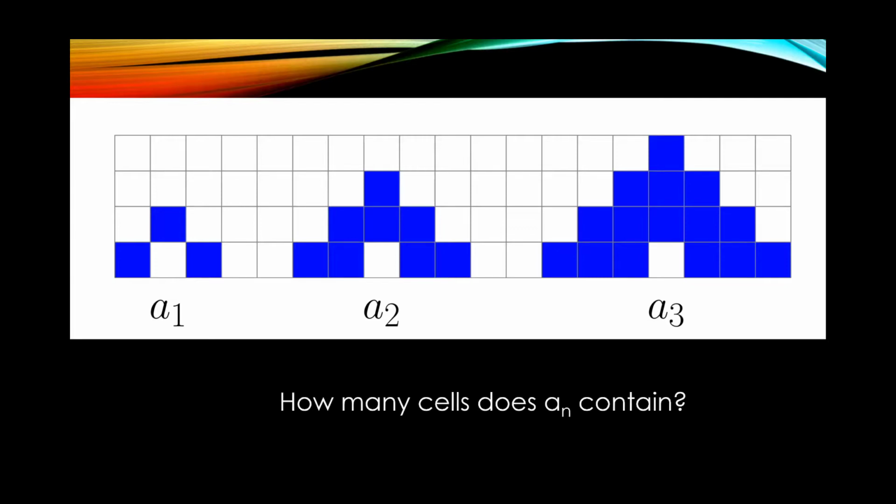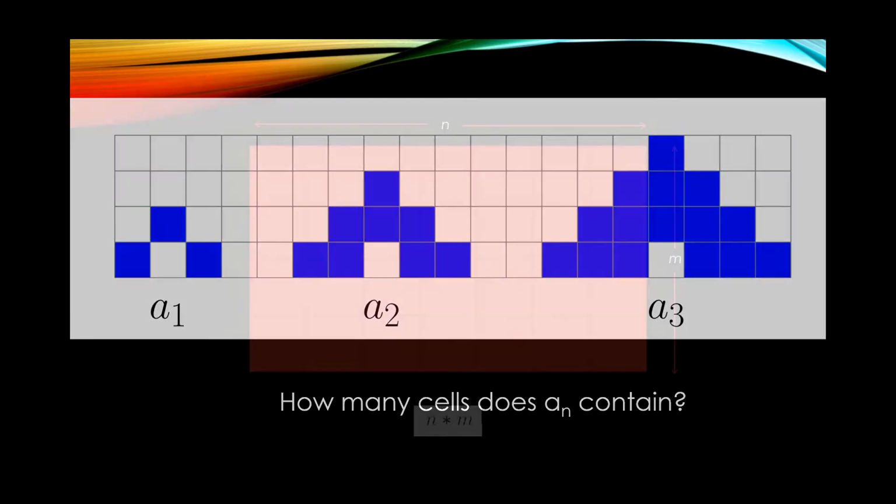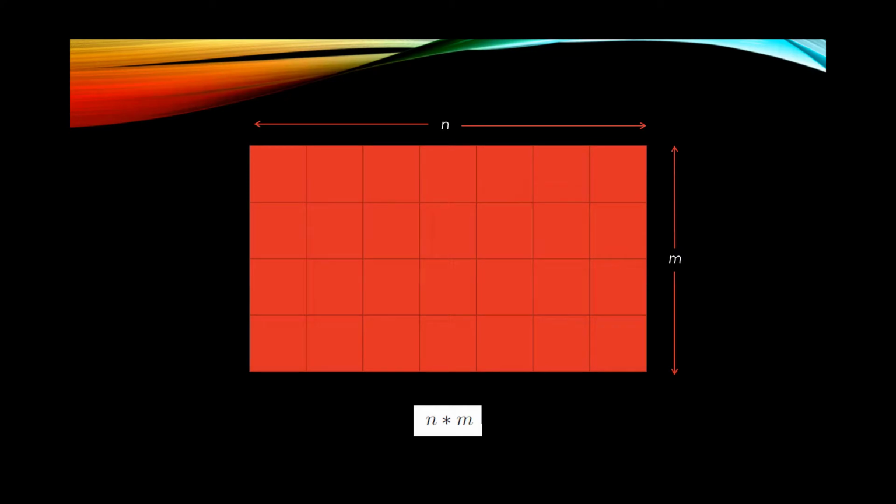But I could ask stuff that involves numbers. How many cells does AN contain? Now all of a sudden it's maybe too much for a certain grade. The idea in this talk is to show that there's this range, and you can tighten the screws as tight as you need to, or loosen them as much as you want to. That's the goal. So if I was going to ask you how many cells AN contains,